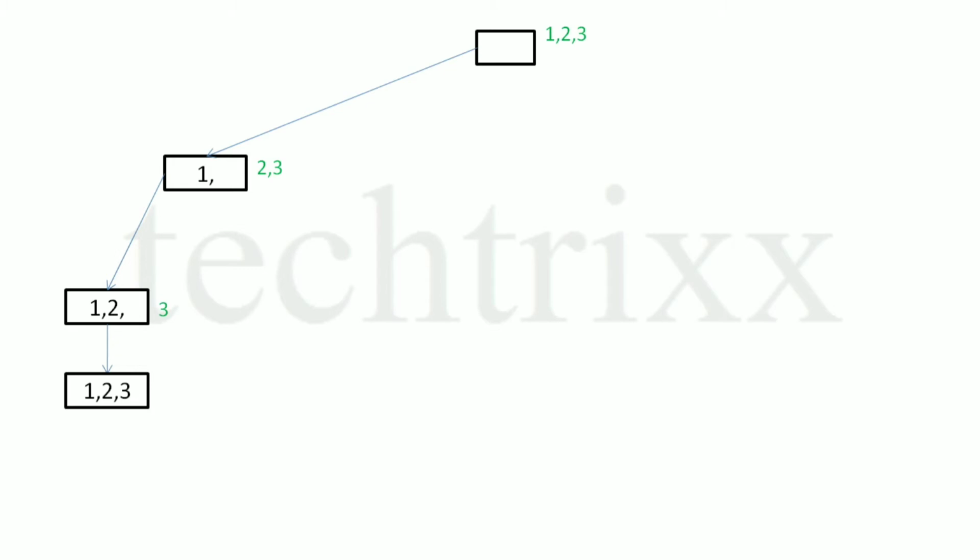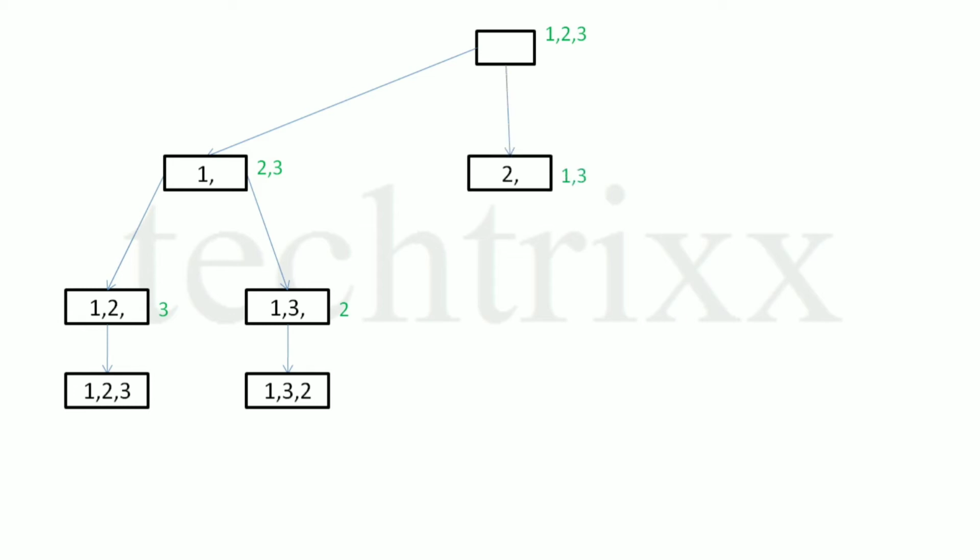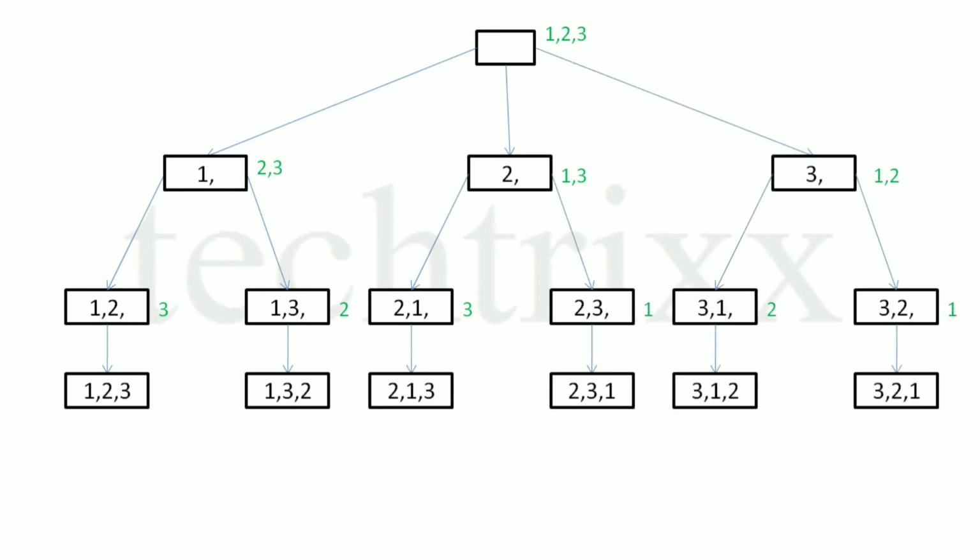Now we had two choices, 2 and 3, but we already picked 2, so this time we will pick 3. After that we only have one choice, 2, so we will pick that and we will have another valid solution, that is 1 3 2. So again we will backtrack. In the absence of available choices, we will again backtrack to our root node, and since we already picked 1, now we have two choices, 2 and 3, in which let's pick 2. So again we are left with two choices, 1 and 3. Similarly all other choices will be chosen and at last we will have our desired result.